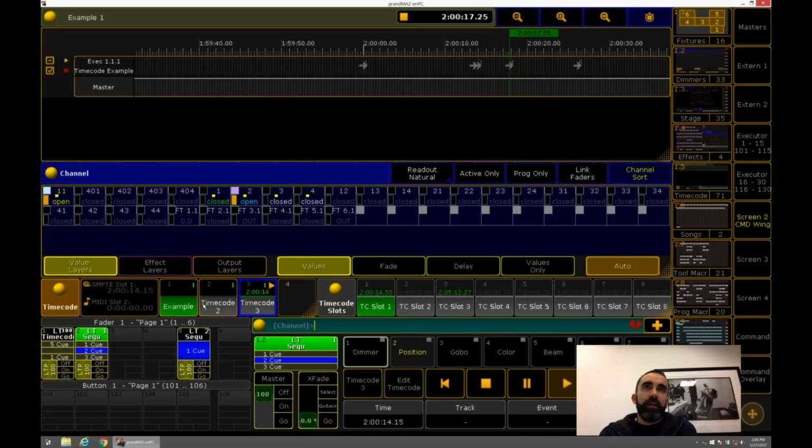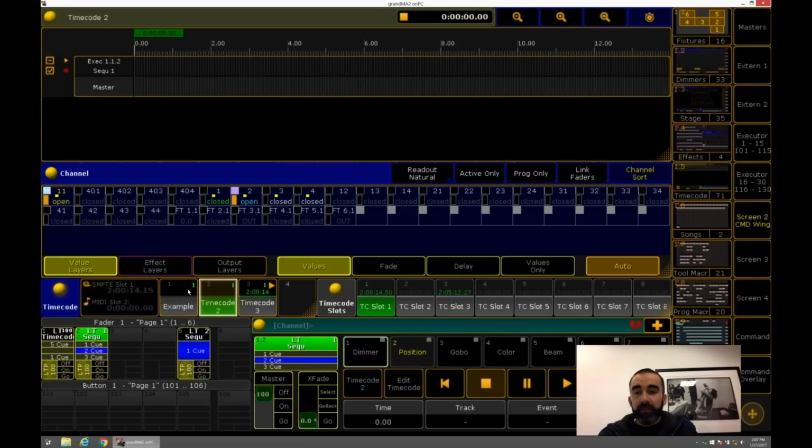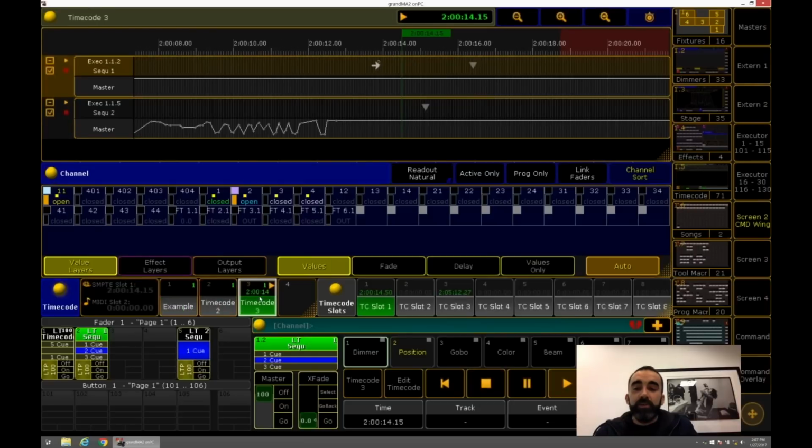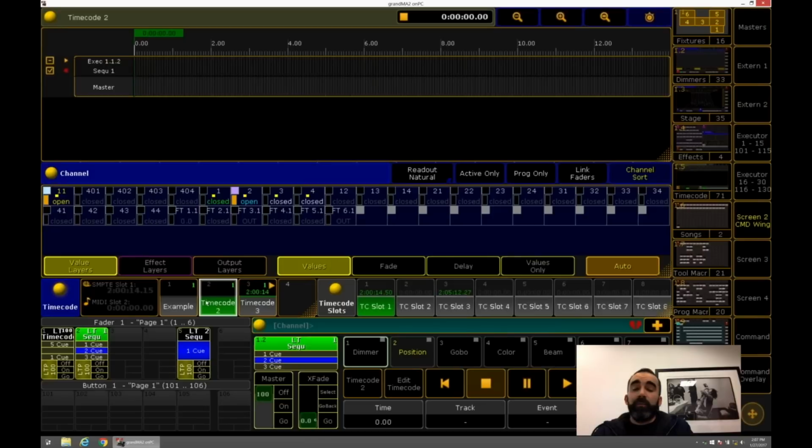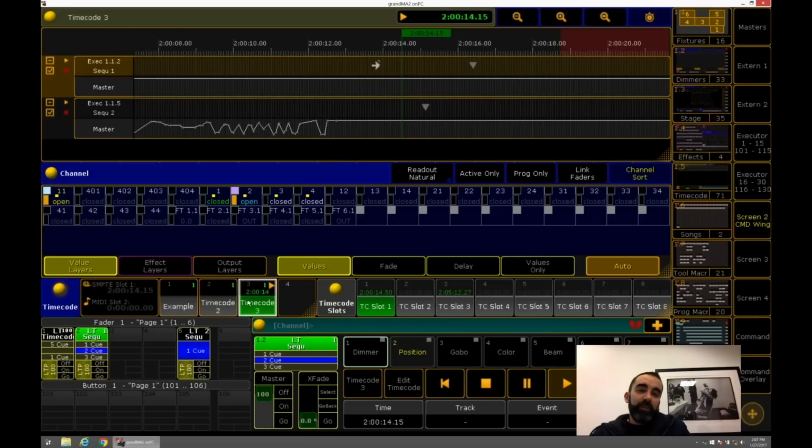Another approach is audio guys always use a different set of time. So song 1 would be 10 to 20 minutes. Song 2 is 20 to 30 minutes. Song 3 is 30 to 40. Sometimes they use 10 hours. Doesn't really matter what they use. It's just different approaches. But you're always going to use a different timecode show. That's why I'm showing you what it's like to select different timecode shows. That's why I'm showing you how to link. That's why I'm recording different ones. You're usually doing a different page per song, therefore you get a different timecode show per song.